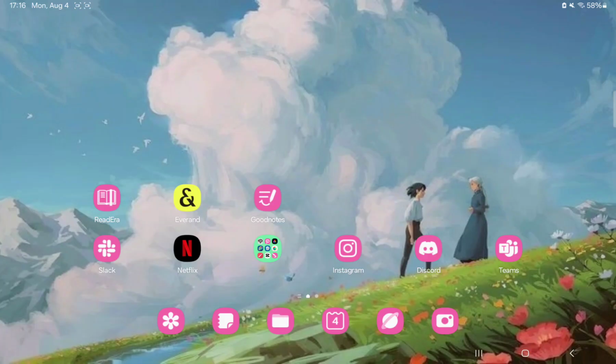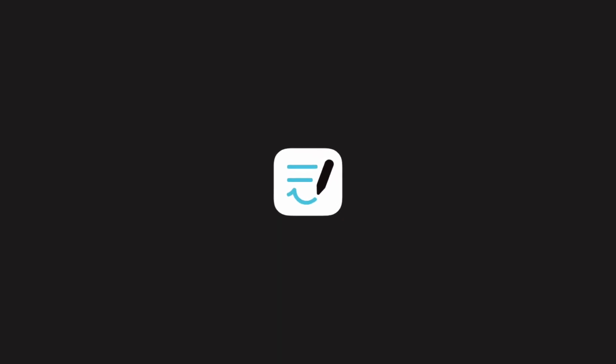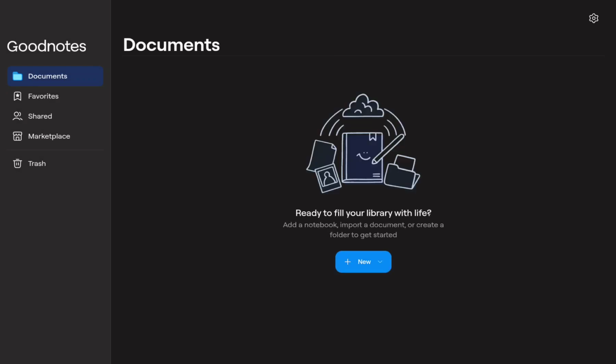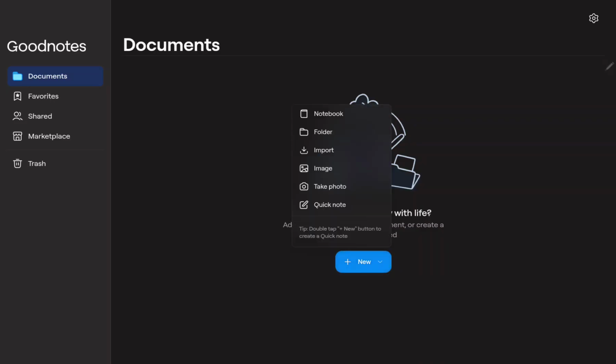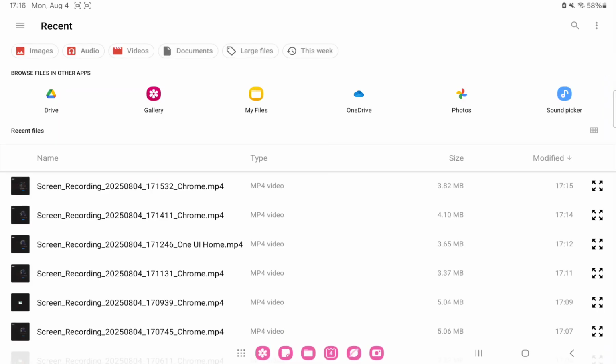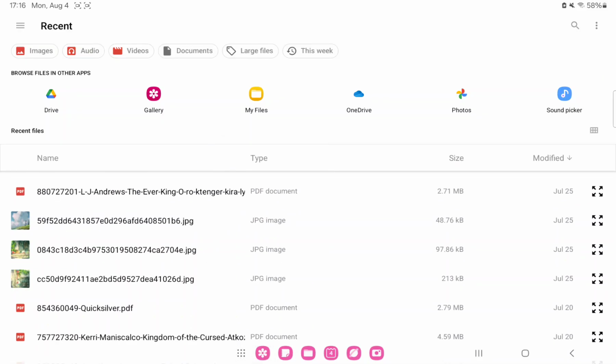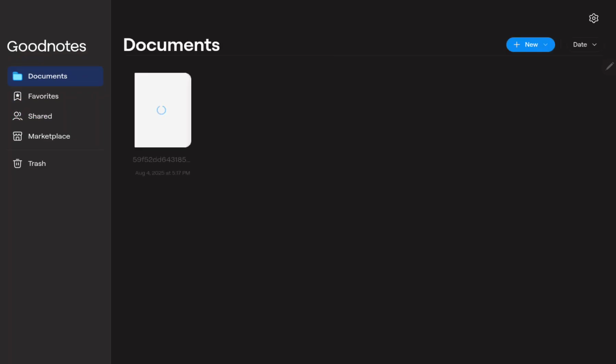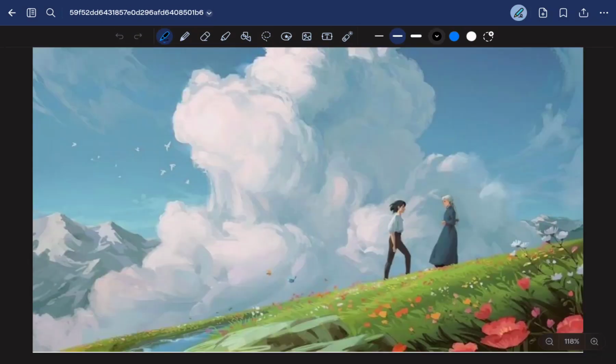First of all, open the application on your device. Just wait 5 seconds. And click the New button and click Import, the third option. And you can select documents, photos, and other files on your device, and you can check it and you can edit